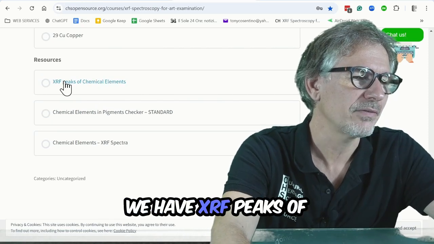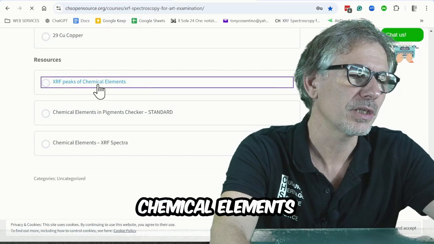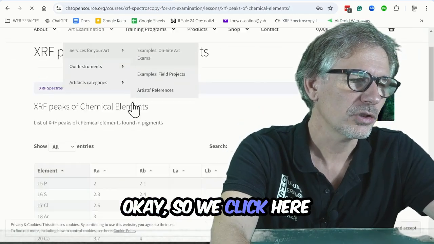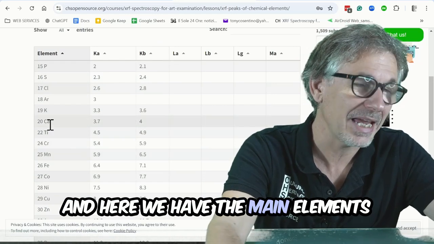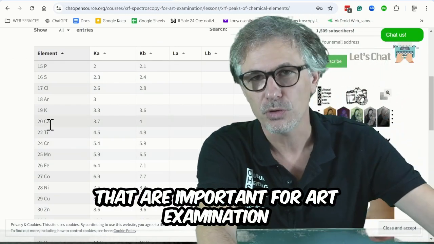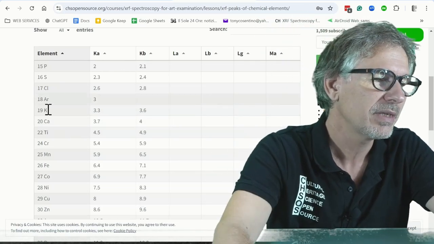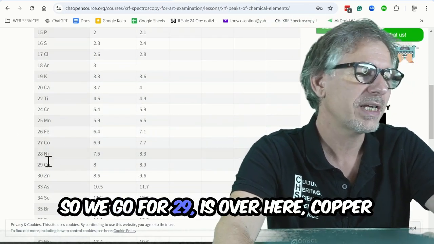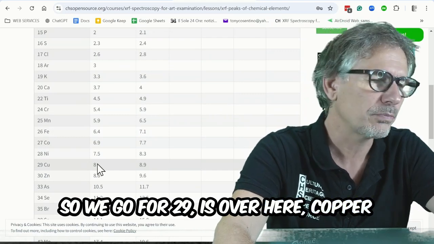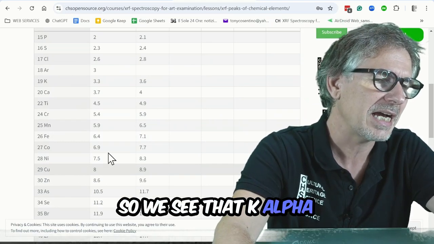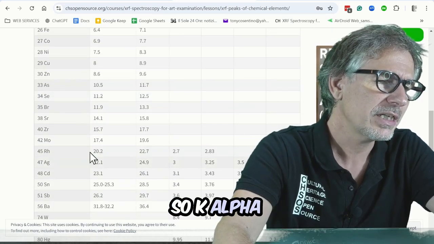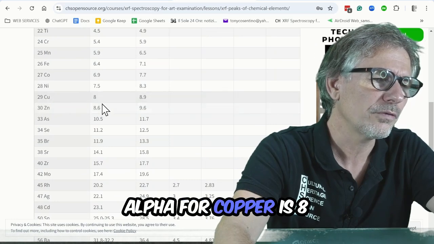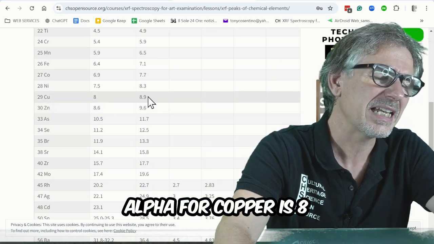We have XRF peaks of chemical elements. We click here, and here we have the main elements that are important for art examination. We go for 29, copper. We read K alpha and K beta. K alpha for copper is 8